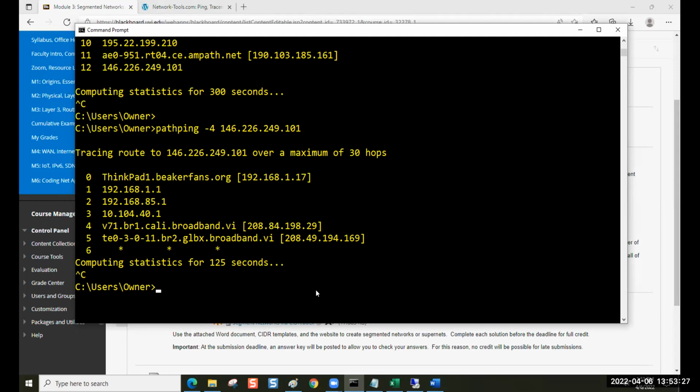I'll hit my up arrow key. That number is the same. I'm using my left arrow. I'm going to put a -h in there with a space. And instead of using pathping, I'm going to use tracert. When I hit this one,